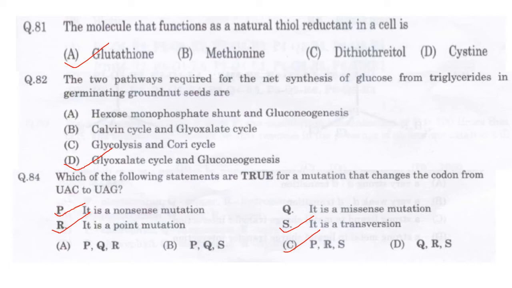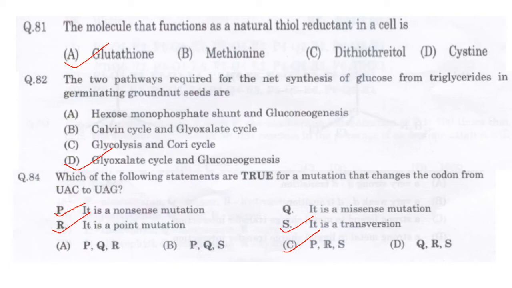If you remember like that, purine has been converted to pyrimidine or pyrimidine has mutated to purine. It is a change of version, as you say for normal computer languages, like a version change. This is a higher version, that is a lower version. In the same way, version has changed when purine changes to pyrimidine. So that is an example of transversion. So S is correct.